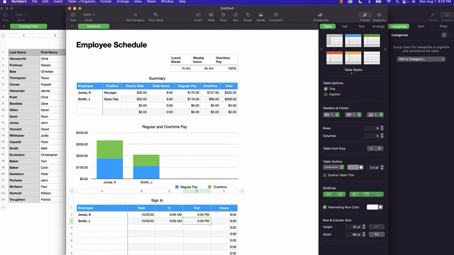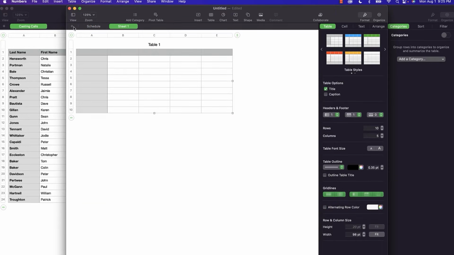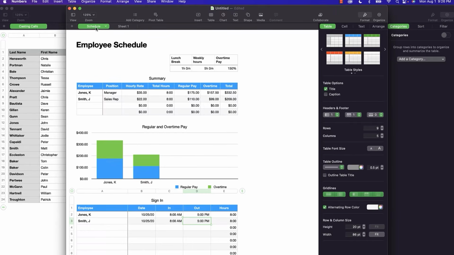Now, if you click the plus sign up here next to the word schedule in green, that will add another blank sheet to our spreadsheet file. By default, it'll add a table to the new sheet. It is a spreadsheet program after all. But now you see that each file can have multiple sheets, and each sheet can have multiple tables,